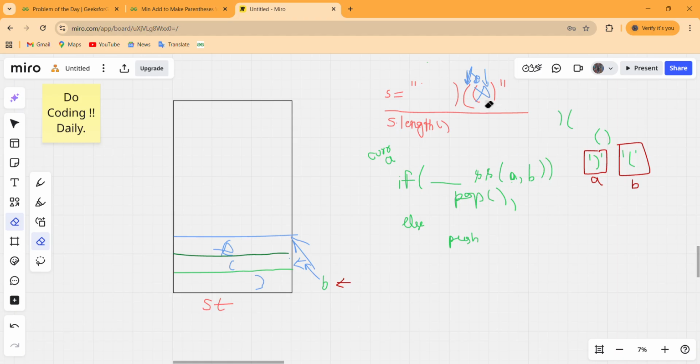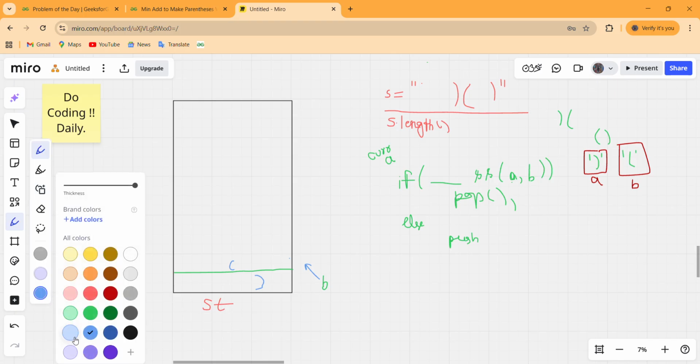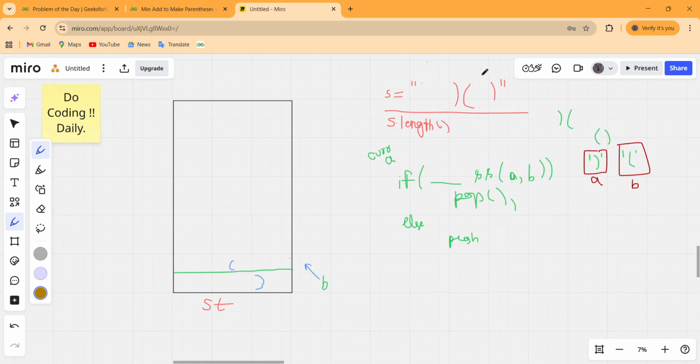So let us erase this pair. And also we have to pop out from our stack, so B will start pointing to this character and I gets incremented, so I will start pointing to the last character, that means here.